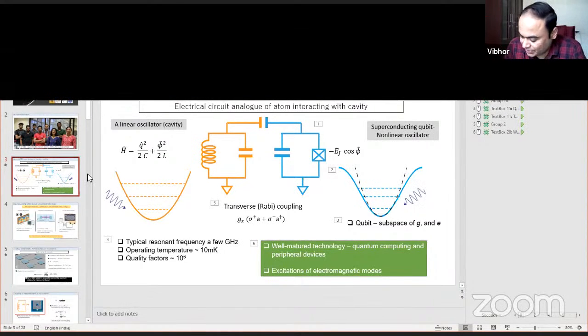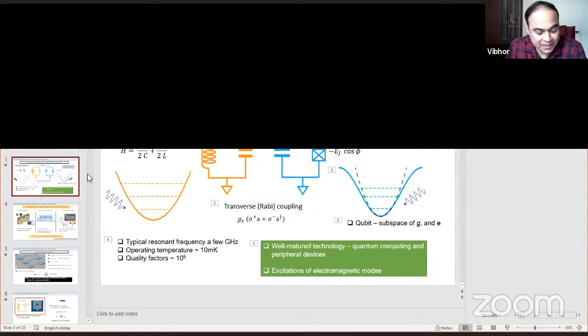So to answer the first question, actually, to answer most of your questions, one of the big advantages that you have with these superconducting devices is that if you write down some Hamiltonian, you can really tailor it according to your needs.